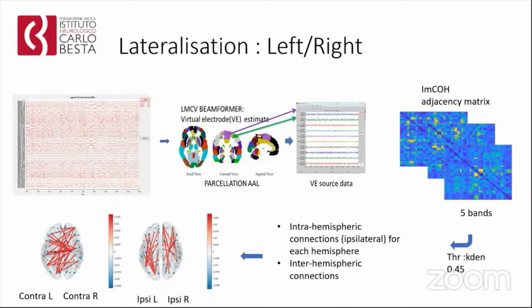I decided to do just the simplest thing, so to separate the interhemispheric connections and the intrahemispheric connections, and to see if there is some kind of difference between the affected hemisphere or the non-affected. If I can distinguish the right temporal epilepsy from the left in the foramen ovale patients, and also of course in classical temporal patients.